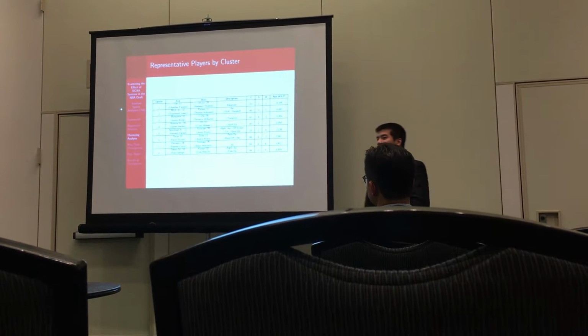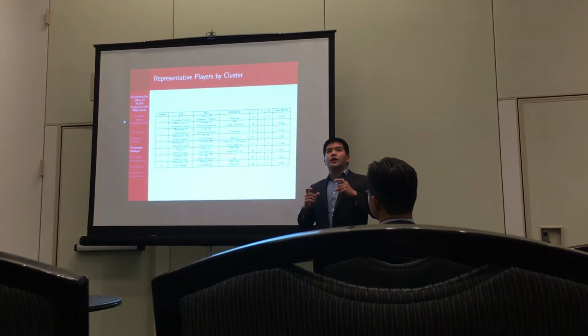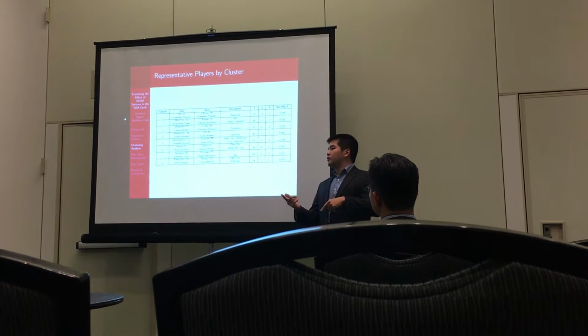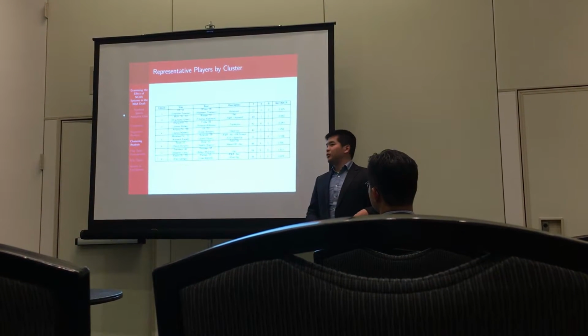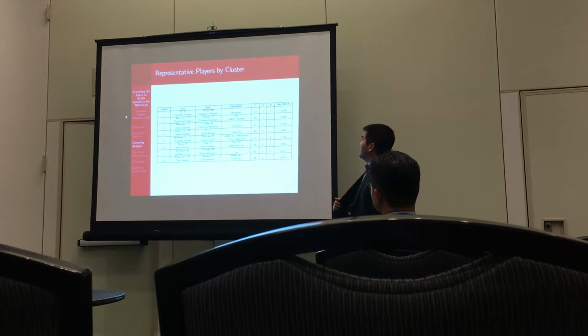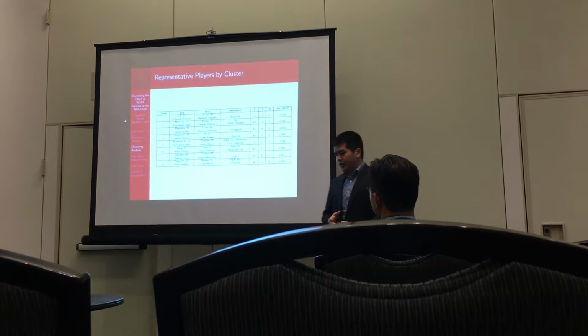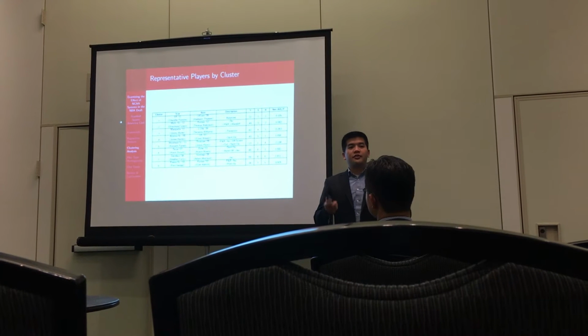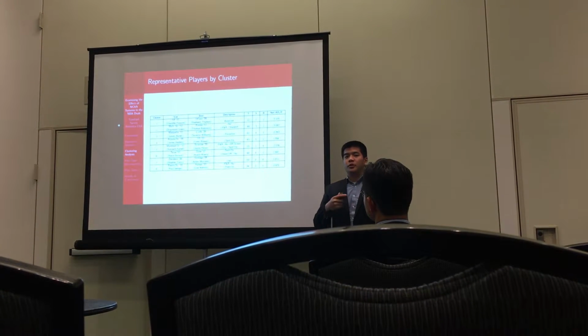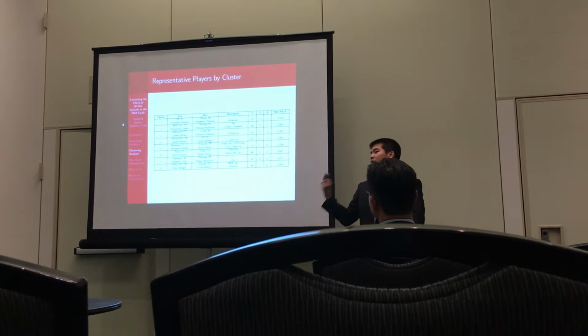Okay, so then once we have that, I should mention that this is college and season. So like '09 Duke is different from 2010 Duke, is different from 2011 Duke, etc. So once we have this clustering, then we know, obviously, which offenses fall in which clusters. And so since we know which offenses fall in which clusters, we also know which players got drafted out of